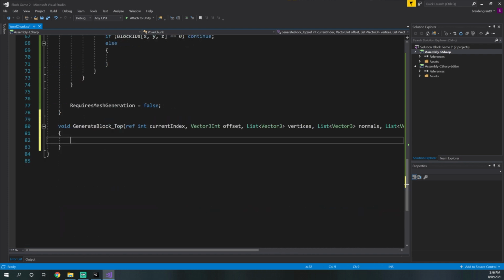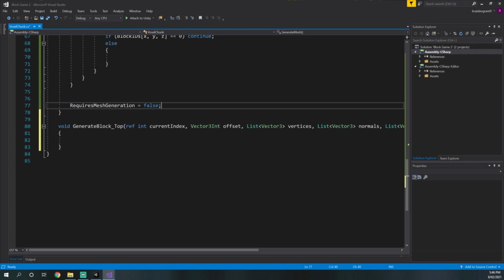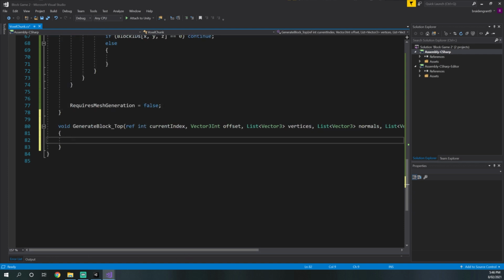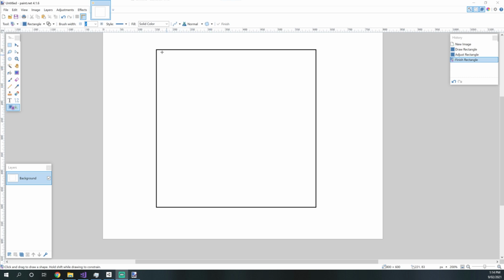Now we need to actually get into generating the data for our vertices, normals, UVs, etc. And this is where it starts to get a little bit complicated. Now it's not overly complicated. If you've done it before, you can do it a million times, but as a beginner, it is fairly complicated. So assuming this is the top of the block, we're looking down at the top face of the block. We can map out some coordinates at each of the 4 corners to see where we need to place our